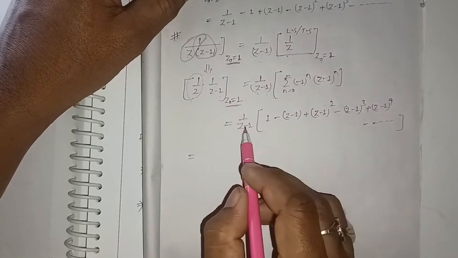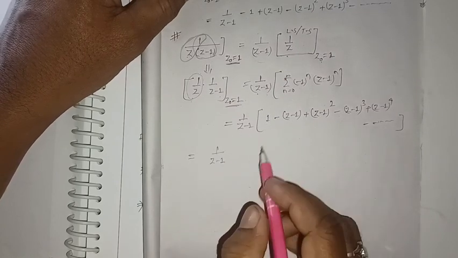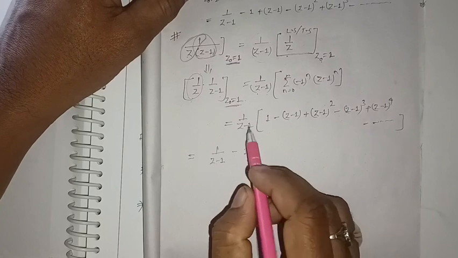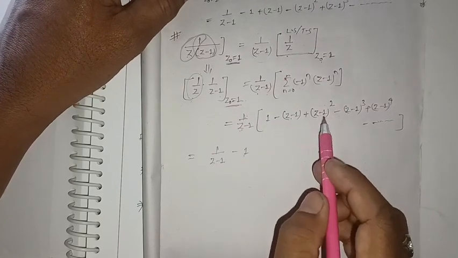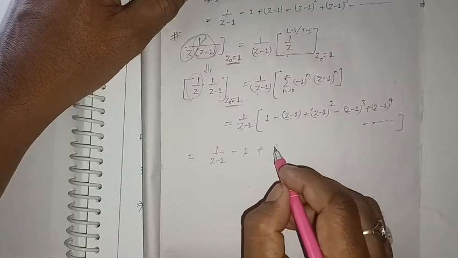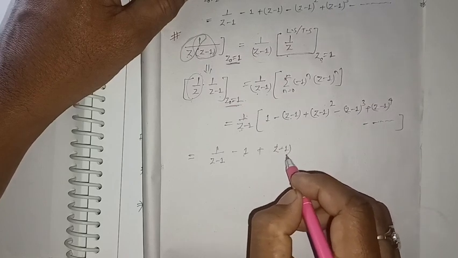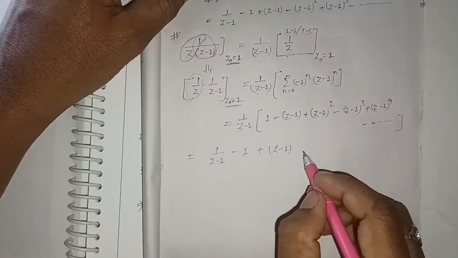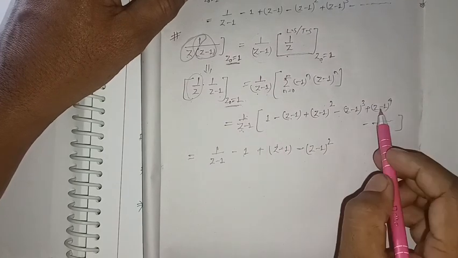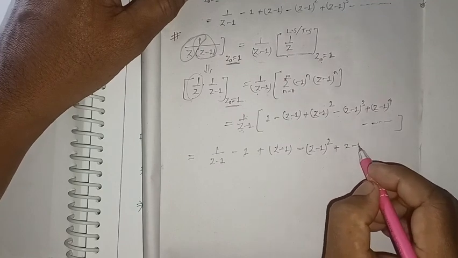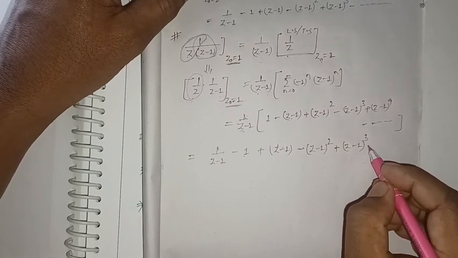What I am going to get here: 1 by (z - 1), minus 1 by (z - 1) multiplied with this term, minus 1 by (z - 1) multiplied with this one, plus 1 by (z - 1) multiplied with this one, minus (z - 1)^2, 1 by (z - 1) multiplied with this one, plus (z - 1)^3, minus,